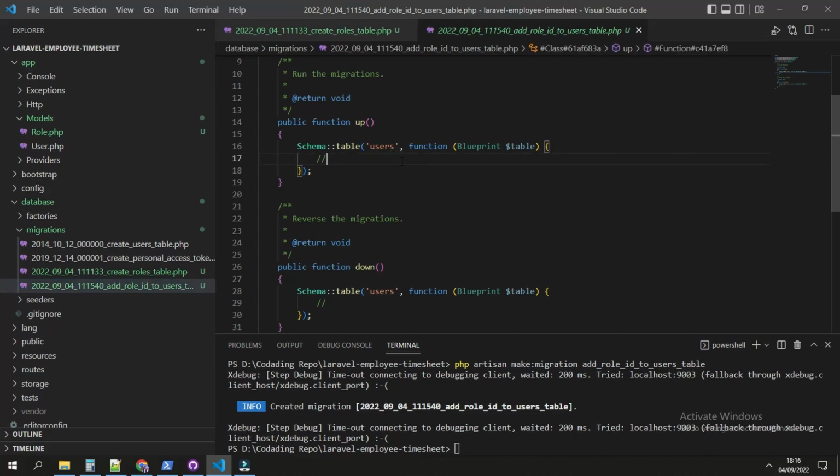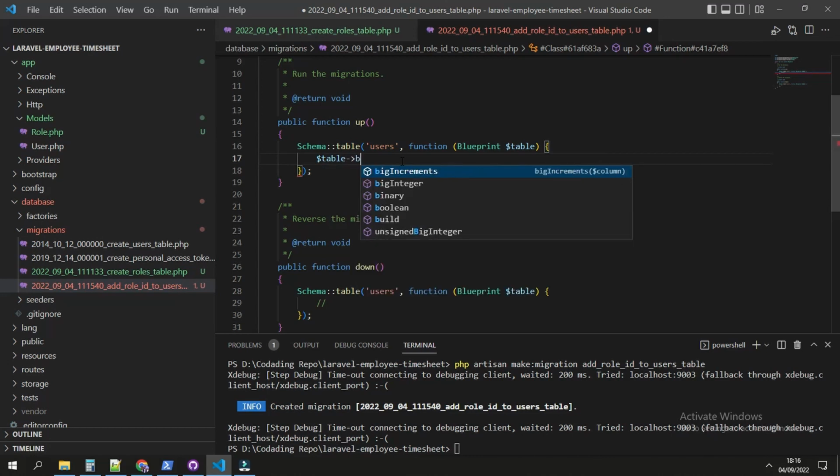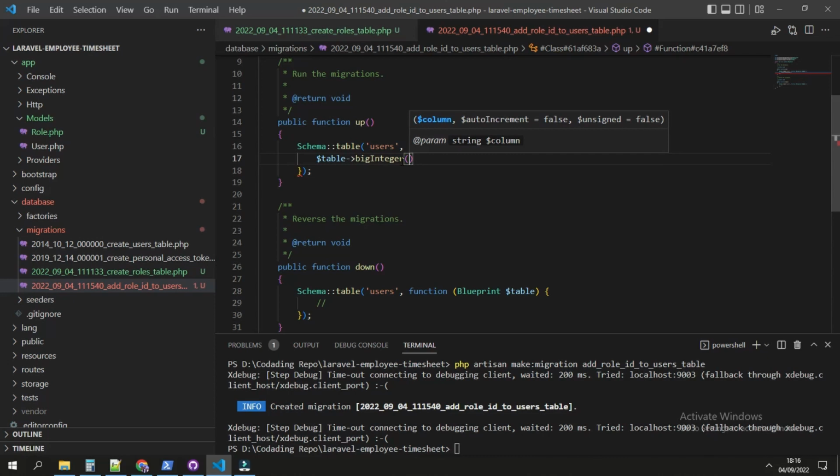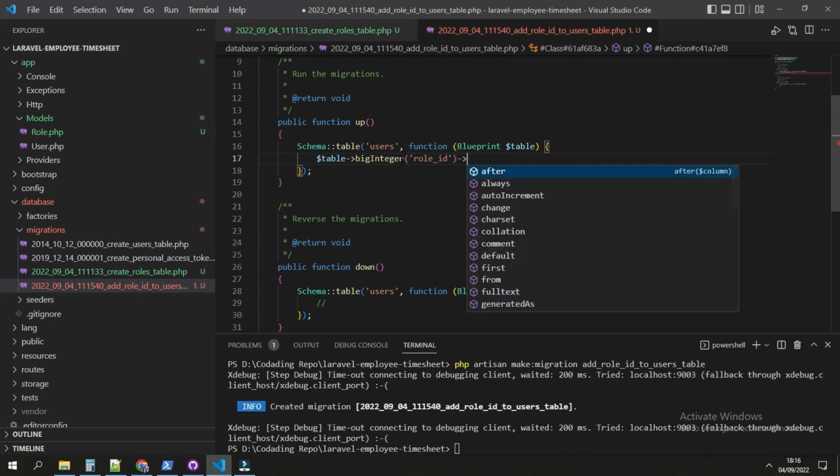And now we can add the column, which is role ID. So table integer, with the column name role_id. Also we add unsigned.